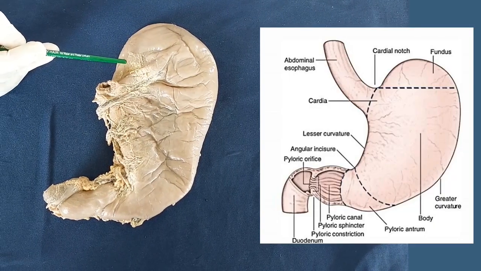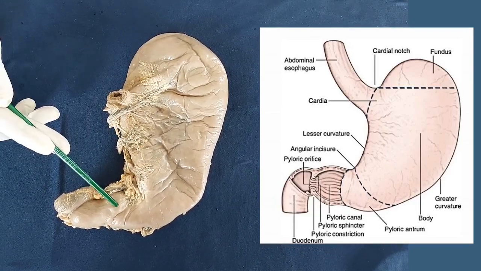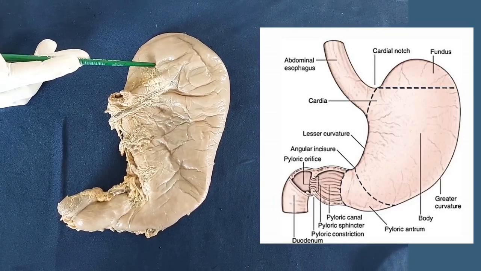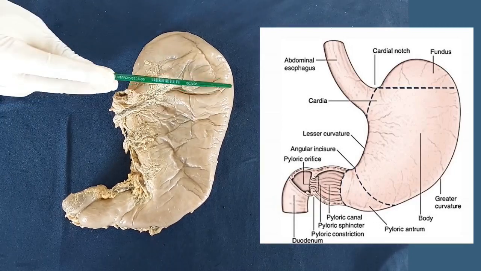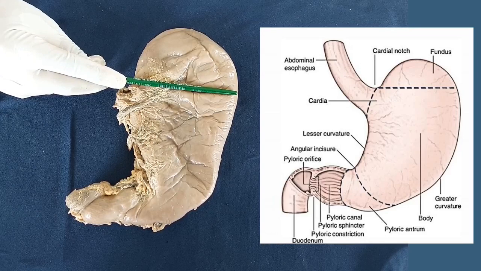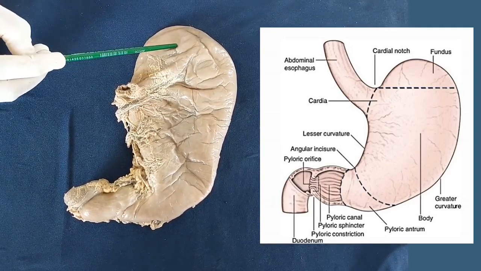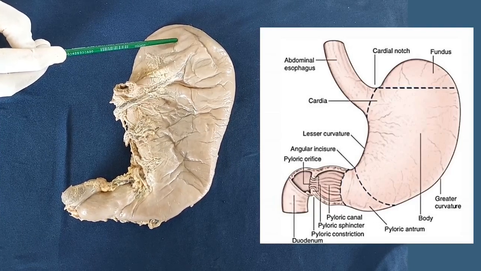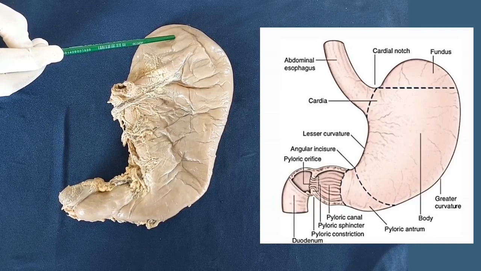Subdivisions of the stomach: it consists of the fundus, body, and pyloric part. The fundus is the part of the stomach above a horizontal line passing through the cardiac notch to the greater curvature of the stomach. It is filled with air when the stomach is empty. The fundus extends beneath the left cupola of the diaphragm, and it reaches up to the left fifth intercostal space.